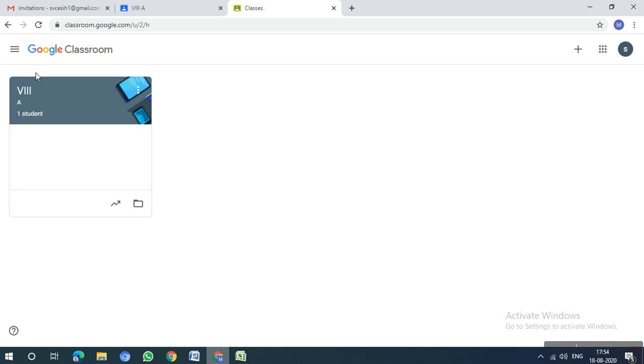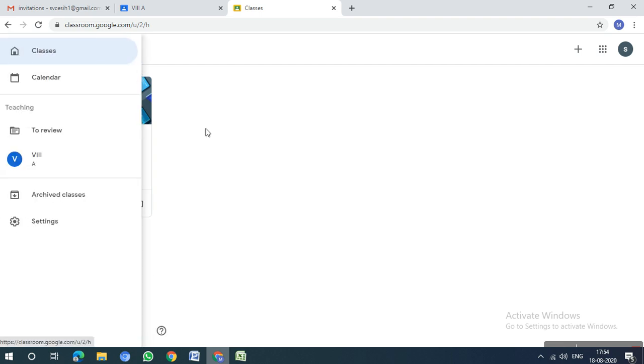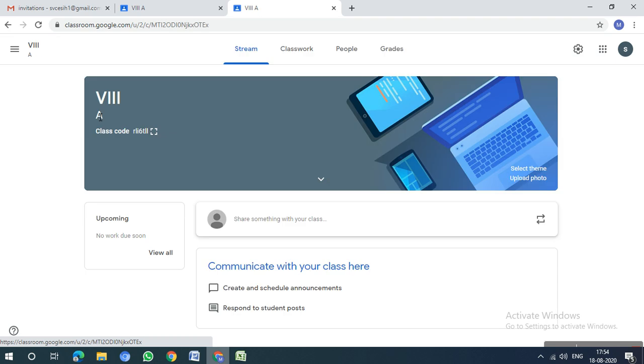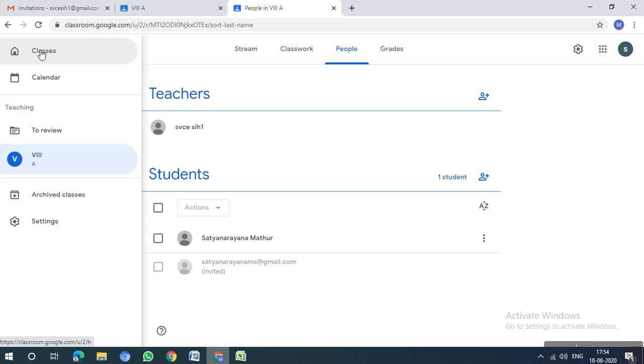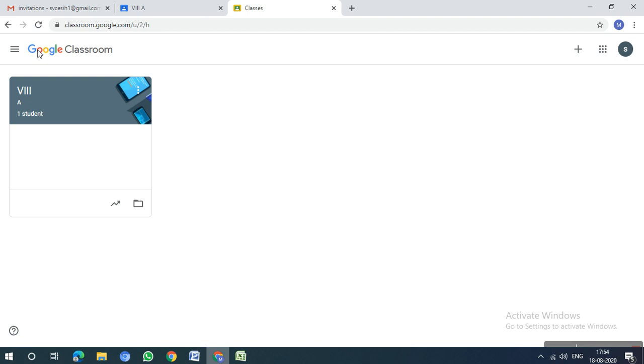Now what I did is, I'll just go from the first so that there won't be any confusion. So I am here in this screen. Now as madam asked, within the same Gmail ID, how to create multiple classes. So I'm going to the left top corner, main menu, clicking on classes. Now I can see which classes are already created. Suppose I want to create a new class, I go here, create or join class, create class.